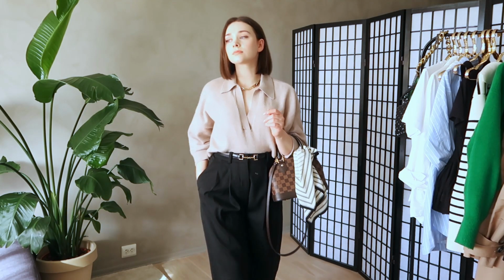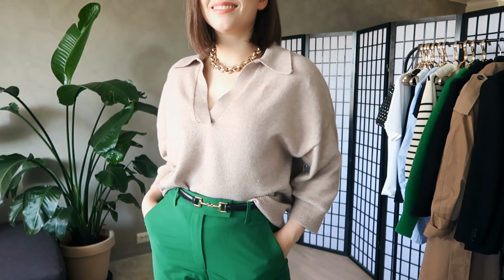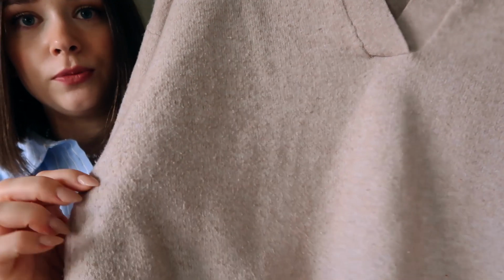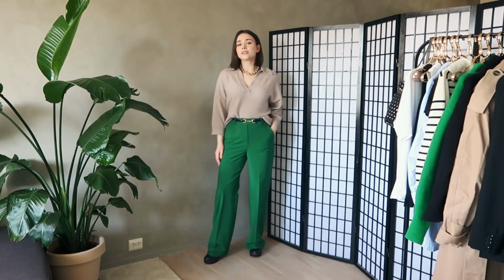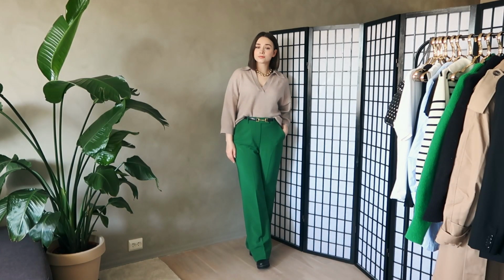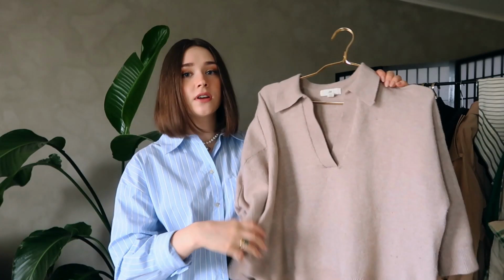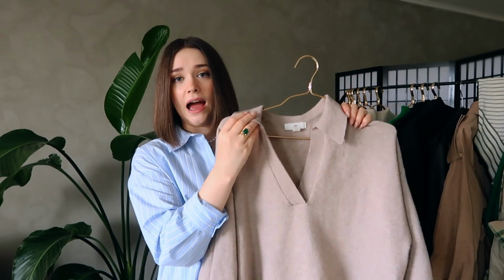I love the color of it. I think it's beautiful, and I have worn it a ton, which unfortunately you can probably see. I will remove some of these bubbles here. I will keep wearing it until it falls apart. I just will, but I will keep my eyes open for something in this color with this beautiful v-neck and